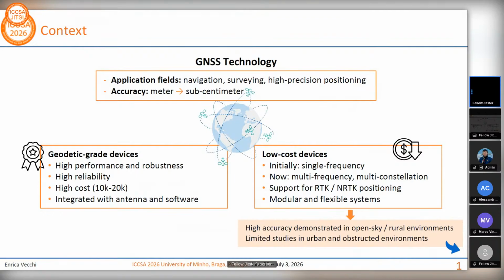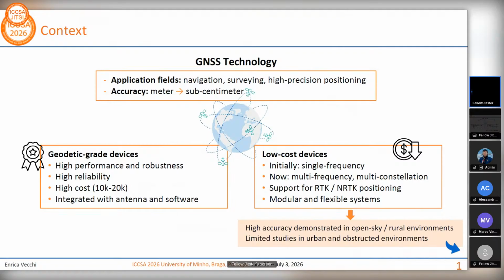And commonly, when we refer to high precision positioning, we refer to geodetic grade instruments, so instruments able to provide high performance and high reliability, and also associated with very high cost, ranging from 10 to 20,000 euros. But recently, on the market, there is the availability of low-cost devices, which initially were developed only based on single frequency acquisition, but now they are able to acquire multi-frequency, multi-constellation, and also they are able to support